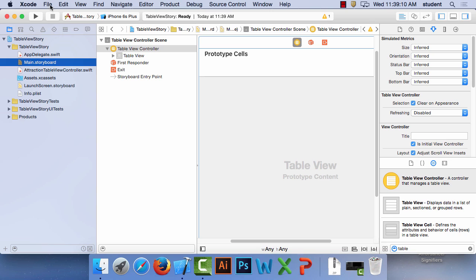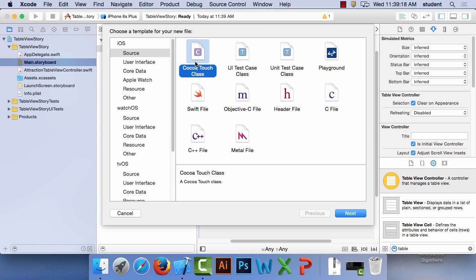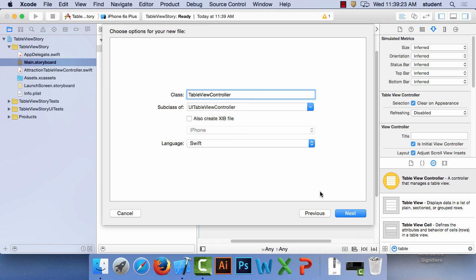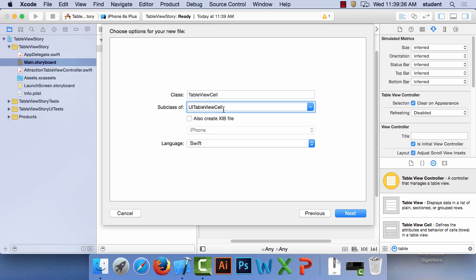So again, I'm going to go back to the File, New File. Again, we're going to make another Cocoa Touch class. This one's going to be a table view cell. So I'm going to change this first before I name it because it's going to actually change it up here, right? So change this first to the UI table view cell, and then change the name up here. Again, it's going to be Attraction,